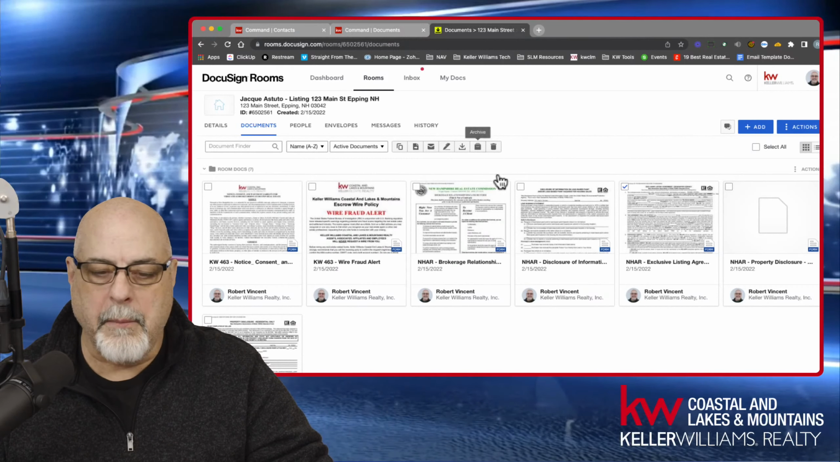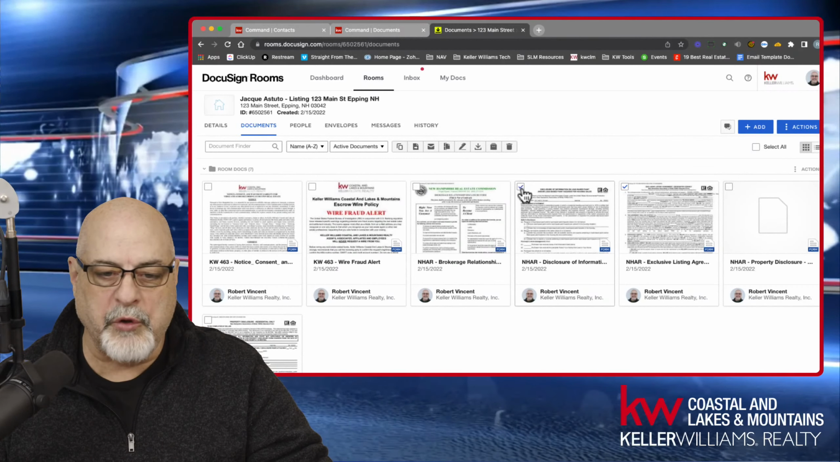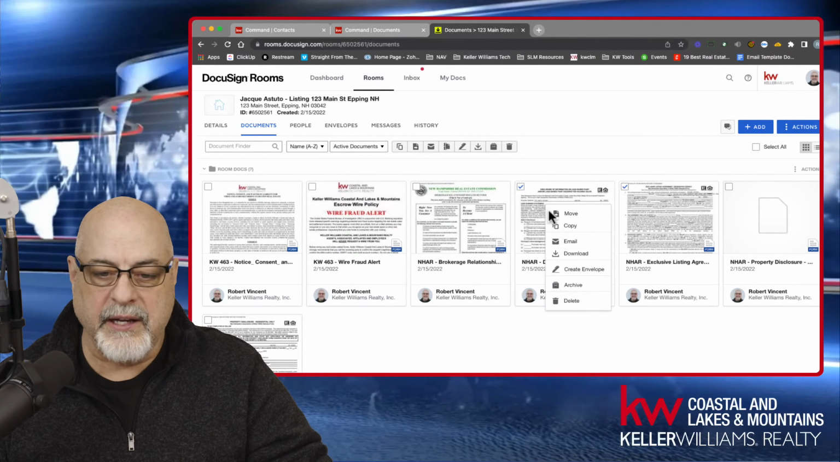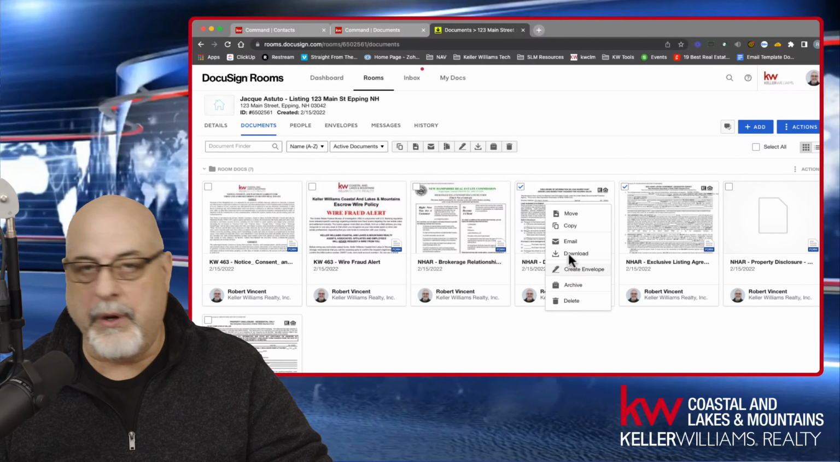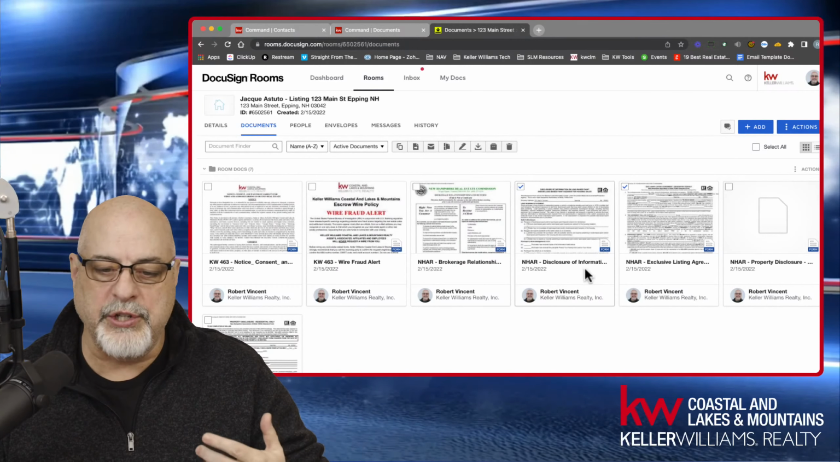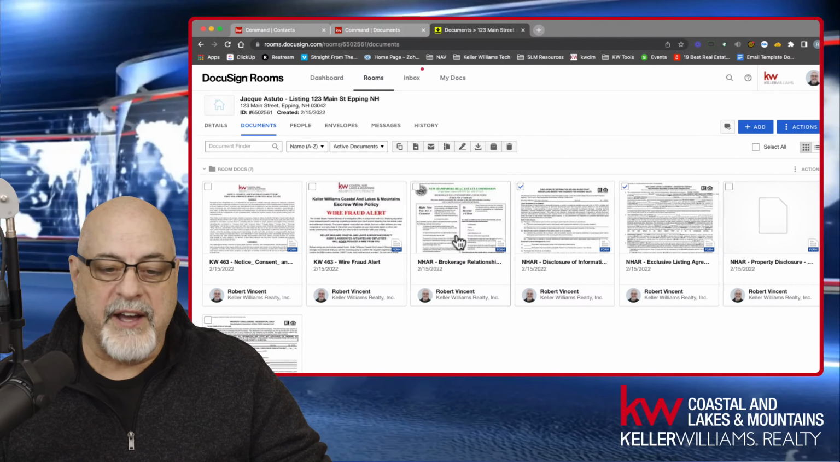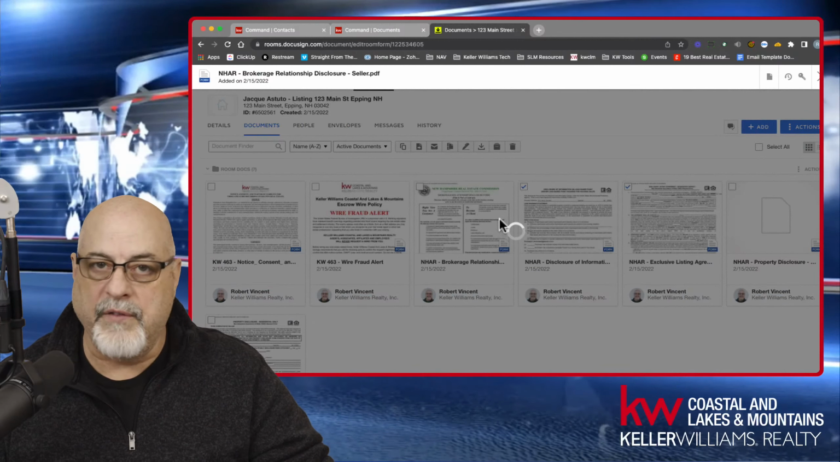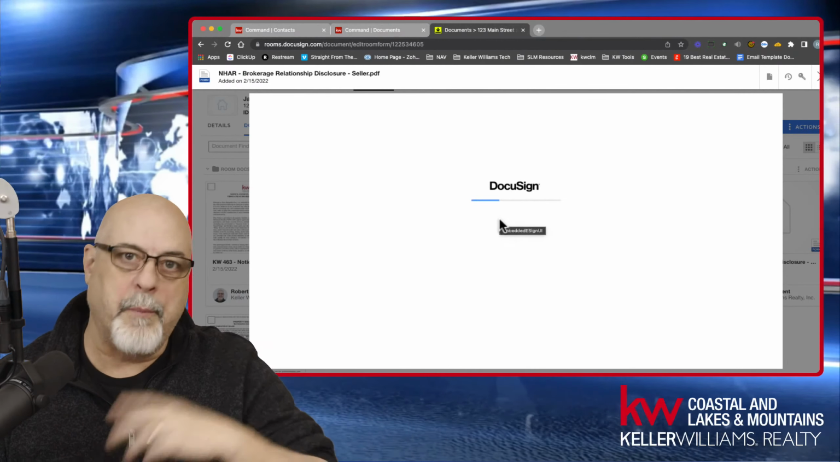If you're selecting multiple documents, you can right click and choose create envelope. Like you could do that with a single document as well. You can right click a document and choose create envelope. And finally, if you're actually inside of the editing window of a document and you don't want to go back